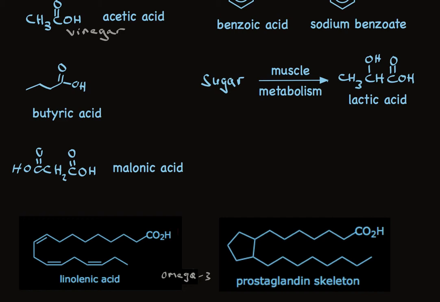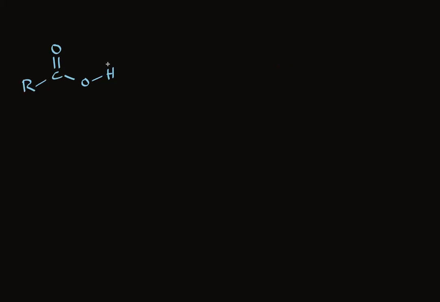So what I wanted to do was convince you that carboxylic acids are everywhere, that play important roles biologically and chemically, even in the kitchen. Let's take a look at some of their properties. The carboxylic acid functional group itself has 3 polar covalent bonds. The oxygen is more electronegative than carbon,